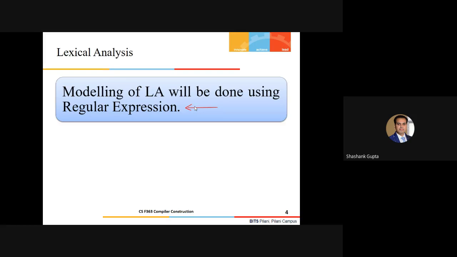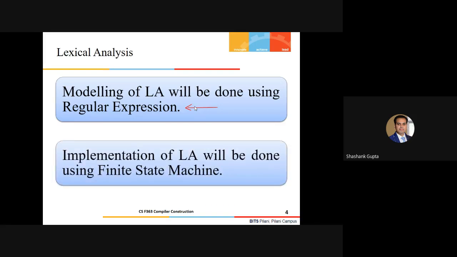But this is just the specification part. How am I going to implement my lexical analyzer? For that, I need some machine. The implementation of the lexical analyzer will always be done using a finite state machine, I mean your DFA, in short, I must say.